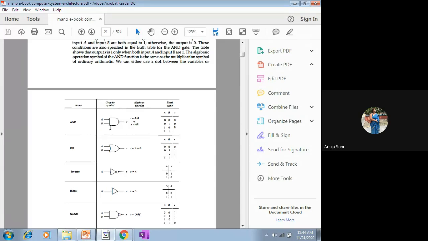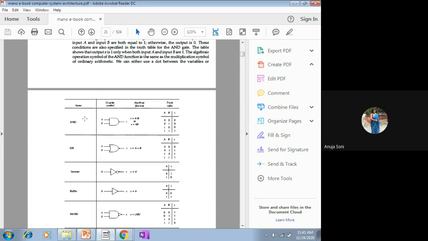Here 2 inputs are required, A and B. And this kind of symbol, this notation, is used in order to represent the AND gate. 2 inputs are inputted and ultimately one output is generated, which is called X. So how do we write it? X will be equal to, and what is the logical operation that corresponds to the AND operation? It is similar to the multiplication operator, though it will not work as a multiplication, it will work as